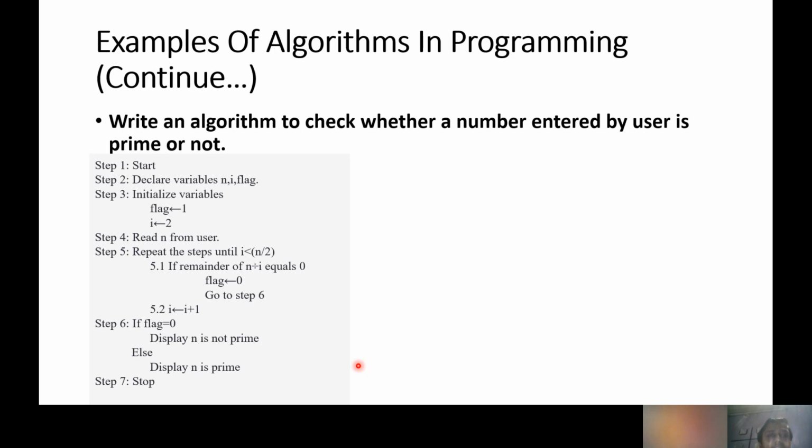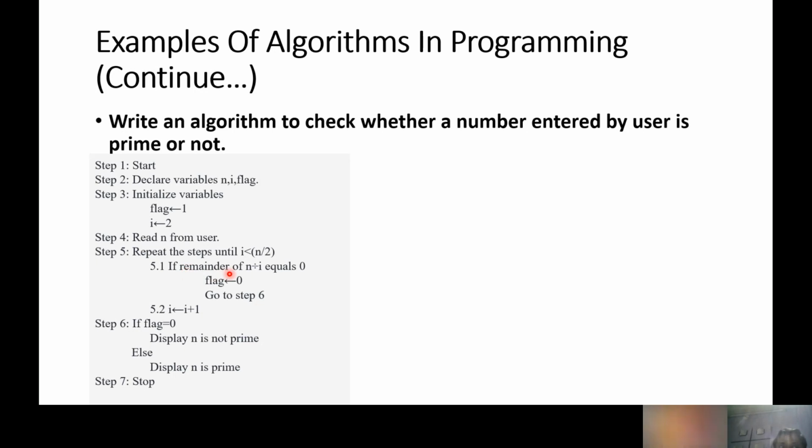Okay, then declare the variables n, I, flag. Initialize the variable flag is equal to 1, I equal to 2. Read n from the user. Repeat the steps until I is less than n by 2. Then if the remainder of n divided by I equals 0, then flag is equal to 0 and go to step number 6. What is this step about? That is, if the remainder means